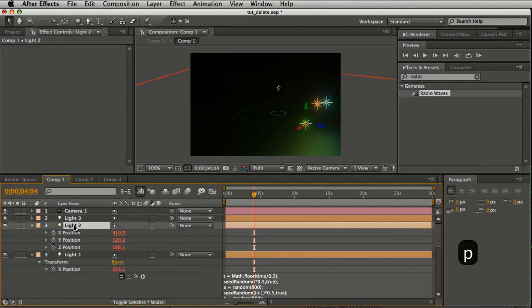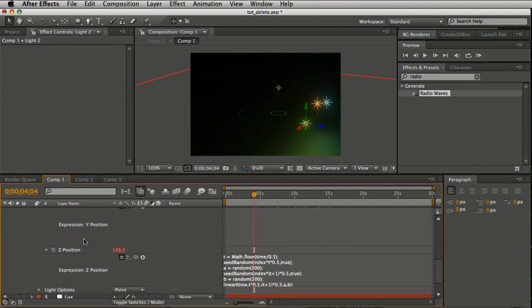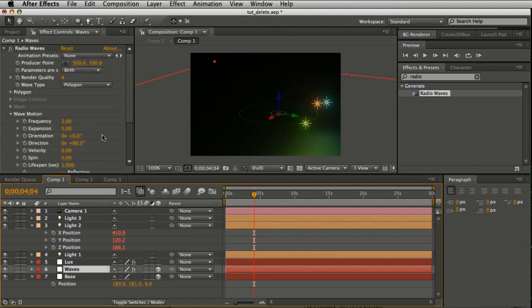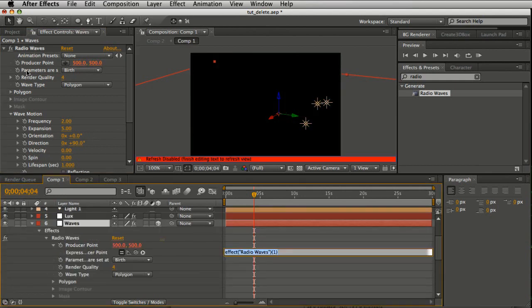So we have a position here, and the thing with radio waves is that the plugin is 2D, so we can only have a 2D producer point. No problem, it's not a big deal. You can pretty much convert it easily. The easy way to convert it is I'll click on the producer point and just type fromWorld. So it converts a point from world space to layer space, and pick with this,